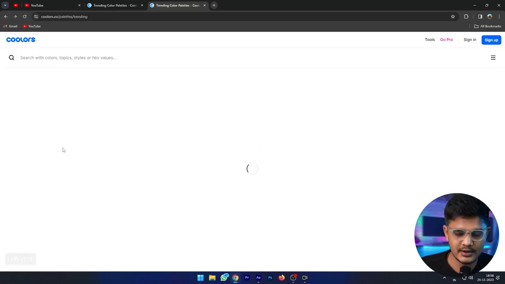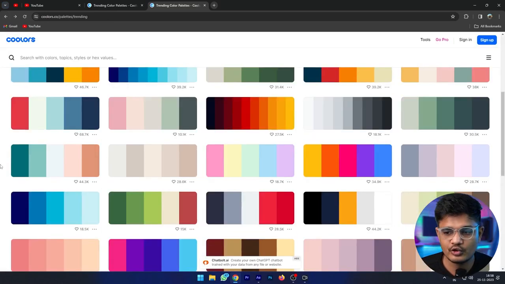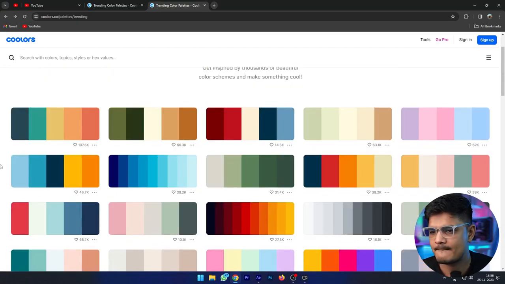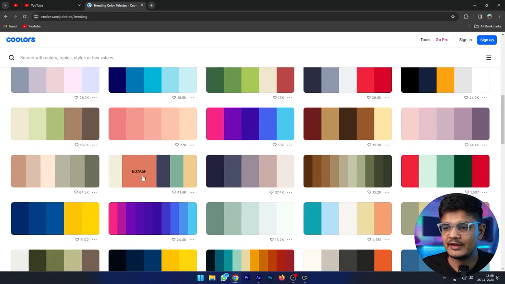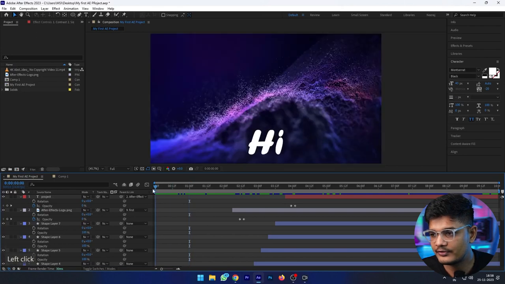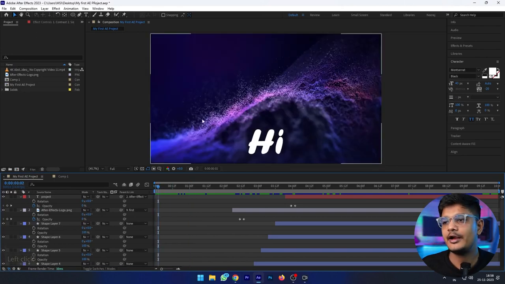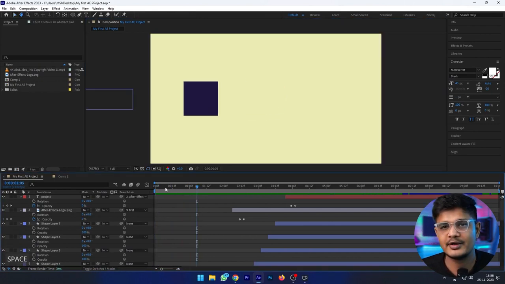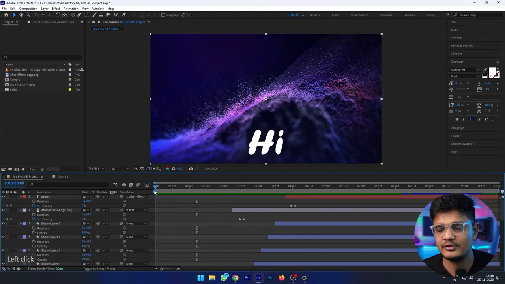Now we'll select a color palette from here and use those colors in our design. I like this color palette. We'll try to copy these colors and use them in our design. So first let's start from here. I don't like this textured background that we used, but let's not waste our time changing it.